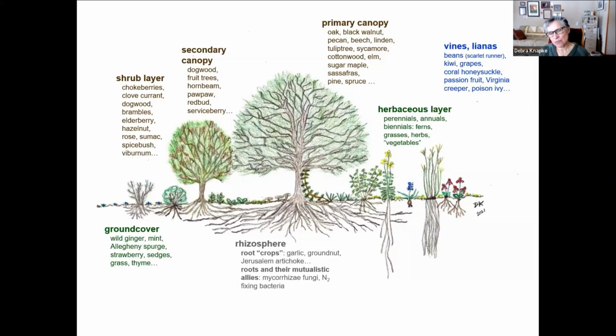So this is something that's often used in permaculture, looking at the different layers of the forest garden or the forest or the prairie or whatever. And I drew my own because I was frustrated. Didn't show enough roots, showed the roots of the trees sometimes, but I wanted to show the interaction of roots of all kinds of plants, and that we often forget that the roots of trees go far beyond the drip line of the canopy, and that roots intermingle, and that our prairie plants are setting their roots down,